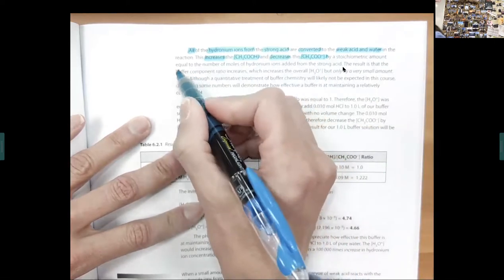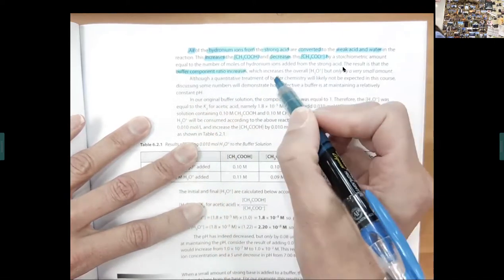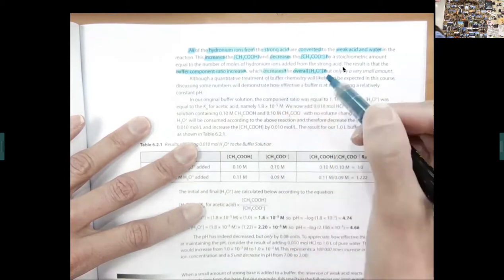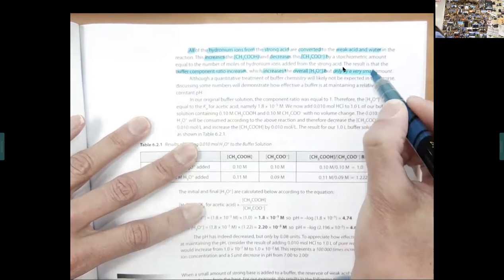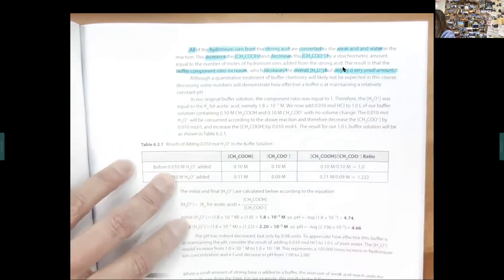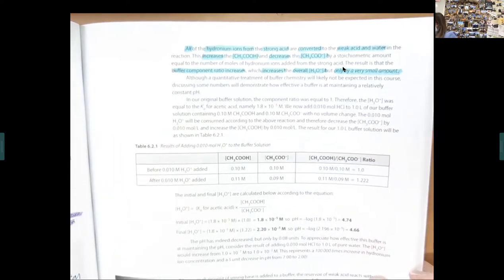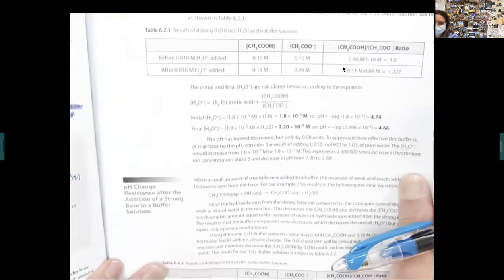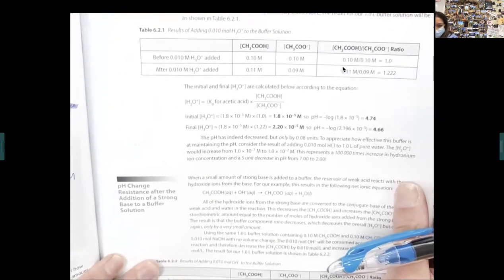So the buffer component ratio increases and the overall hydronium ion concentration is going to increase, but by a very, very small amount. Okay, let's go on to the next section on pH change resistance after the addition of